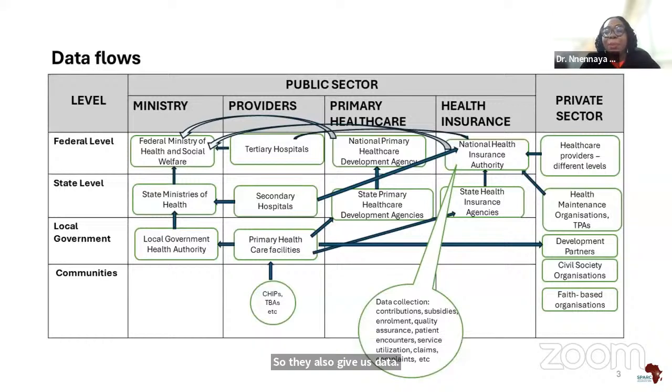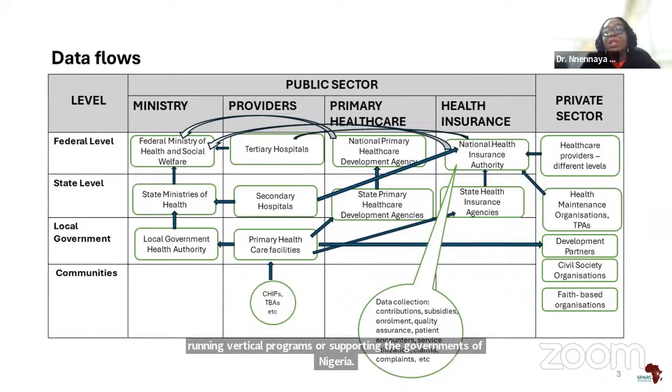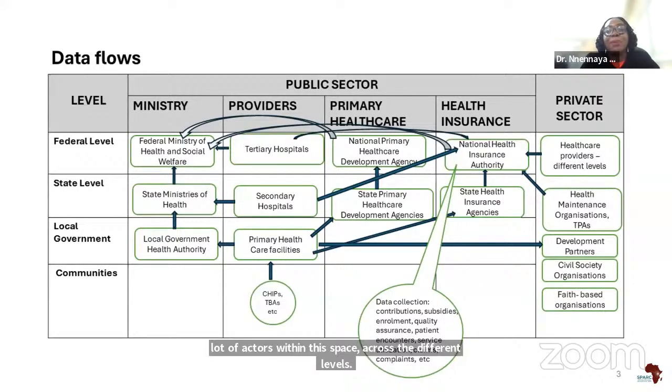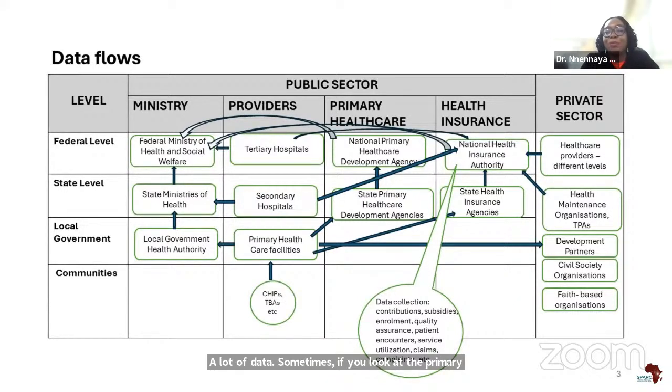And then we have development partners, some of them running vertical programs or supporting the government of Nigeria. And then we have civil society organizations, faith-based organizations. So a lot of actors within the space across the different levels, a lot of data. Sometimes if you look at the primary healthcare facilities, the workers are actually under pressure to give data to different organizations and different groups. But I just want to highlight that for the National Health Insurance Authority, if you see that big bubble at the bottom there,